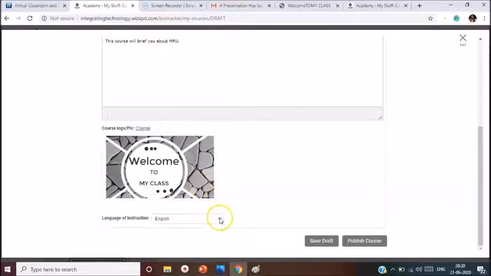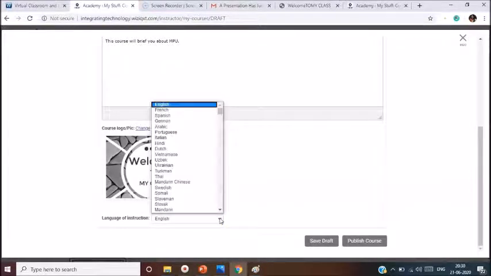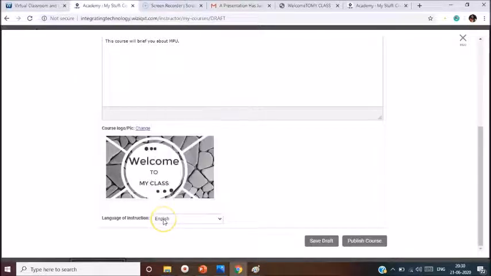I can also select the language of instruction. There are different languages available. You can select the language you require, and then it's always better to save draft and then publish the course. So now I click on publish the course.